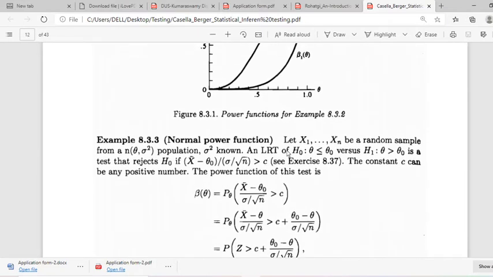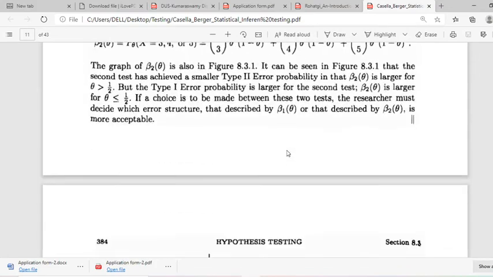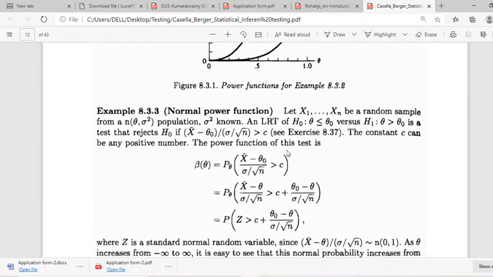So what will be the value of f1 of x by f0 of x in the case of normal distribution? Since the null hypothesis says that it is h0 theta less than or equal to theta naught against h1 theta greater than theta naught. So we can say that if theta is actually the mean of the normal distribution, we can take sample mean as the test statistic. Okay,